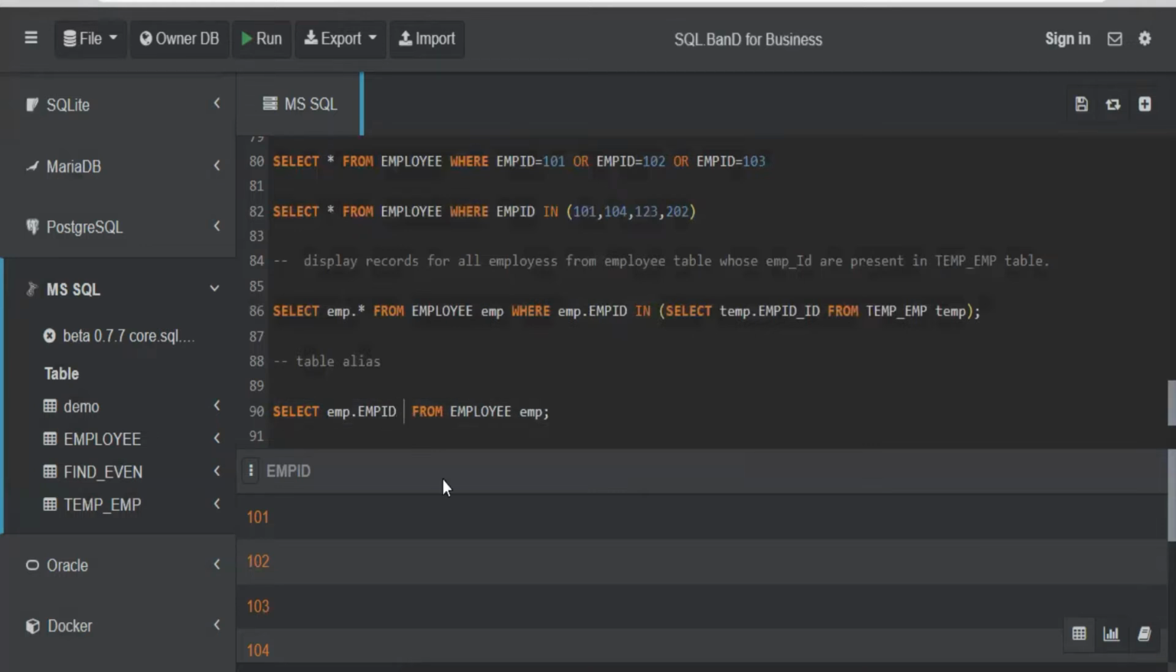Similarly, there's a column alias. If you give as employee ID, now you're changing the name of this column also. First, you change the name of the table from employee to emp. Now you are changing the name of the employee column in the table to employee ID. So when you select this,